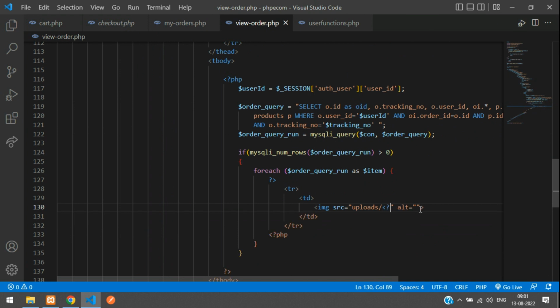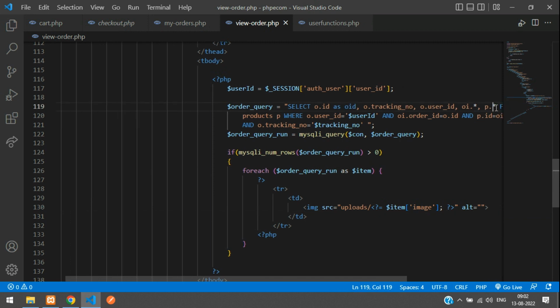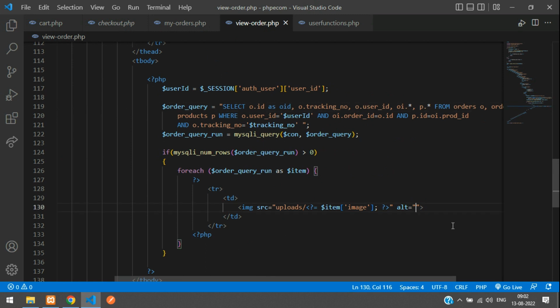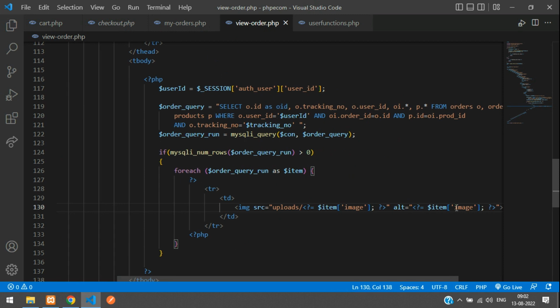Okay, so if you just write image over here, because we have it in our items, right, item of image, because we have fetched the products table, all the data from that, right? So that column will also be there. So we've got the image, alt text, you can just print the order item name, just copy and paste, say name,